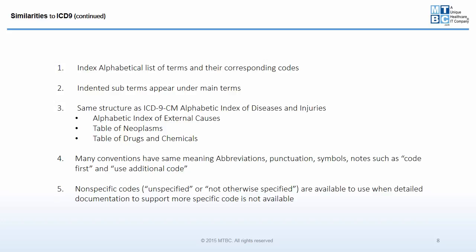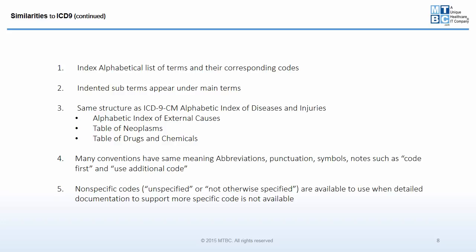More similarities to ICD-9 are in the index, an alphabetical list of terms and their corresponding codes. So, for instance, it still has the alphabetical index in the beginning of the ICD-9 code book, and it does have the list of the terms and their corresponding codes. It's indented with subterms which appear under the main terms. It has the same structure as ICD-9: the alphabetic index of diseases and injuries, the alphabetic index of external causes, the table of neoplasms, and then the table of drugs and chemicals,